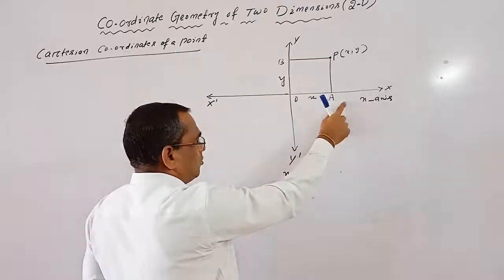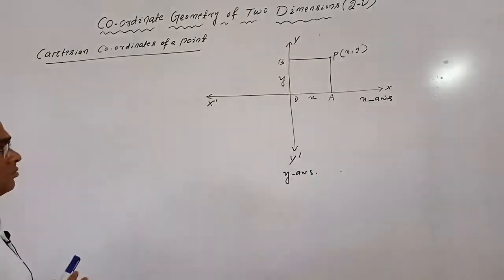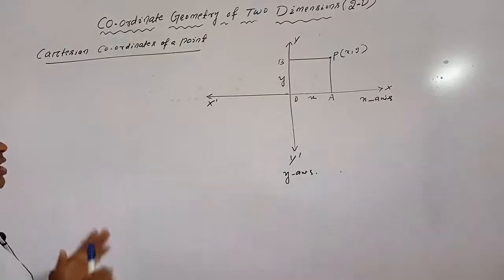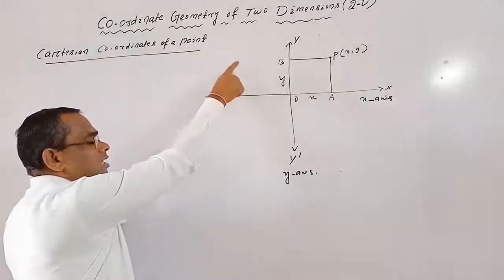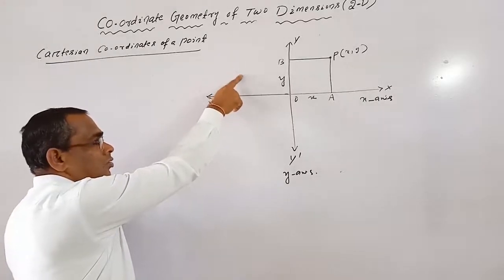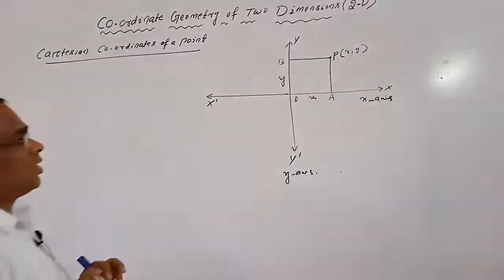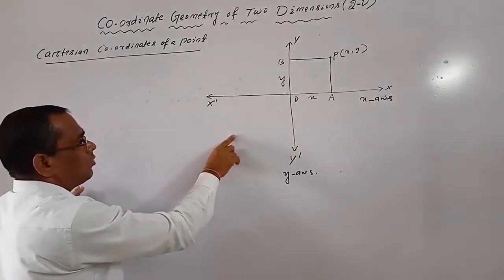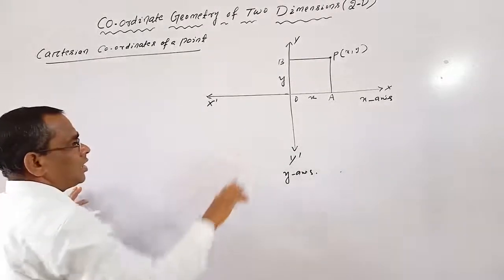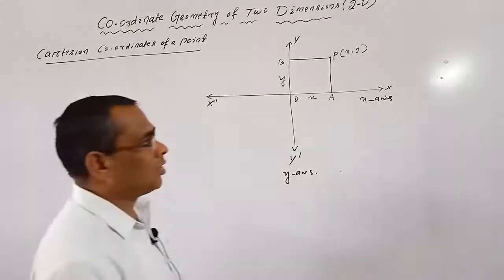Okay. So if x comma y lies in the first quadrant, its sign is plus plus. If the point P lies in the second quadrant, the sign of the coordinate is minus plus. If this point P of x comma y lies in the third quadrant, the sign of the point is minus minus. Like that in fourth quadrant it will be plus minus. So in this way you have to determine the coordinate of the point P.